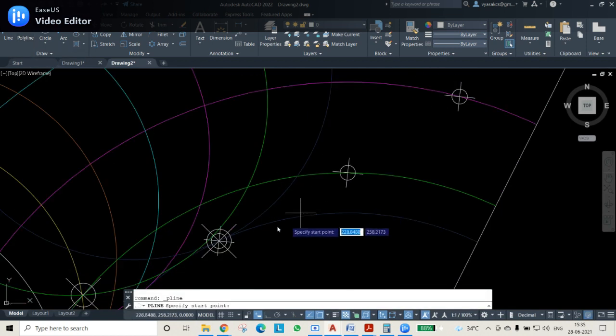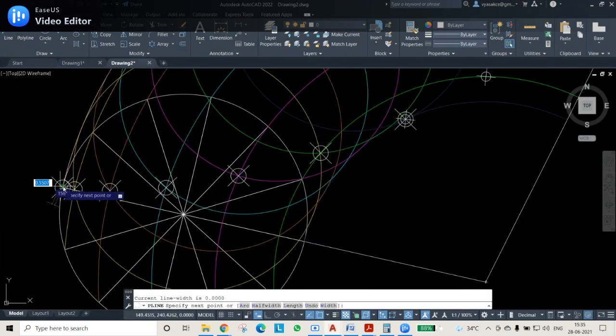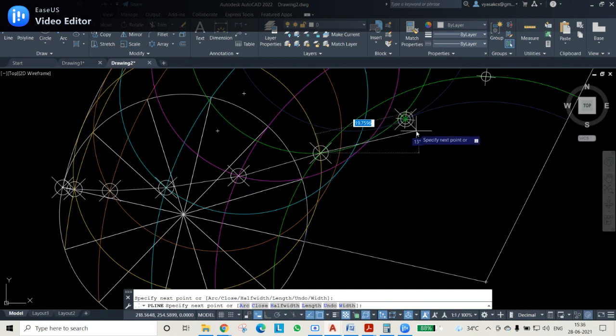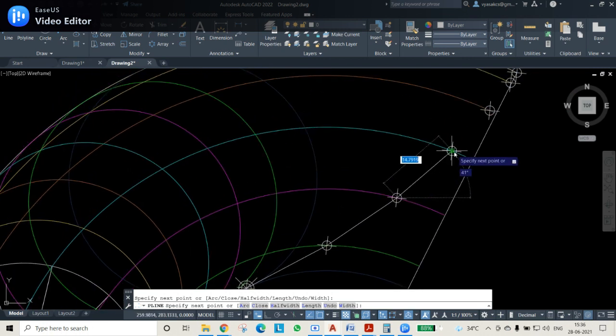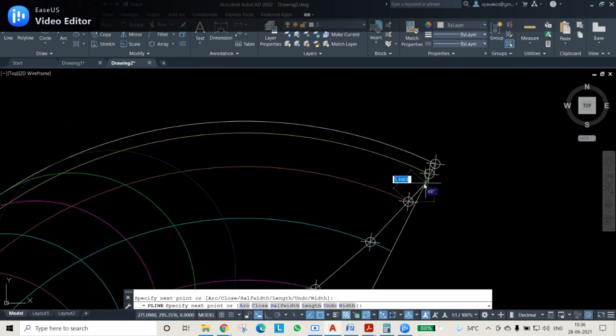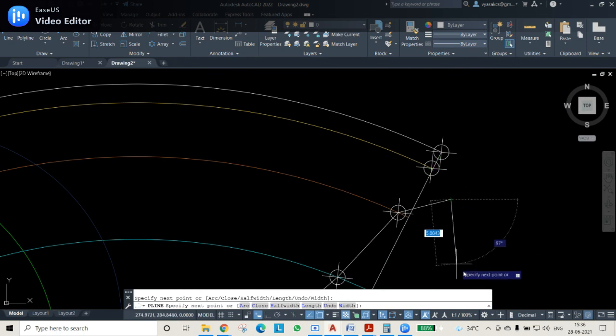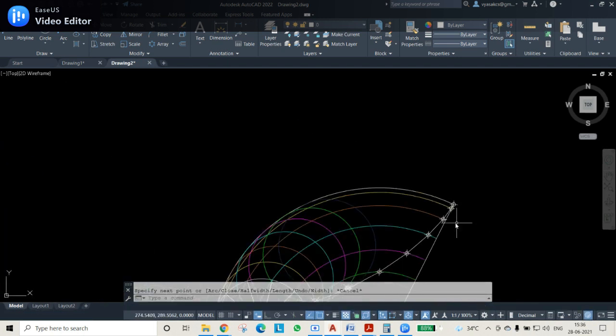Then I'll select a polyline and join all these points one by one, so that my hypocycloid is complete. While joining, be careful not to select any nearer points. Exactly the center point, that is the node point, should be selected. If it is not selecting, you can use Ctrl Z to unselect the point. Supposing I have selected some point here and want to come back, I can press Ctrl Z so that point is unselected. In that way you can go, and this is how you finish the drawing.